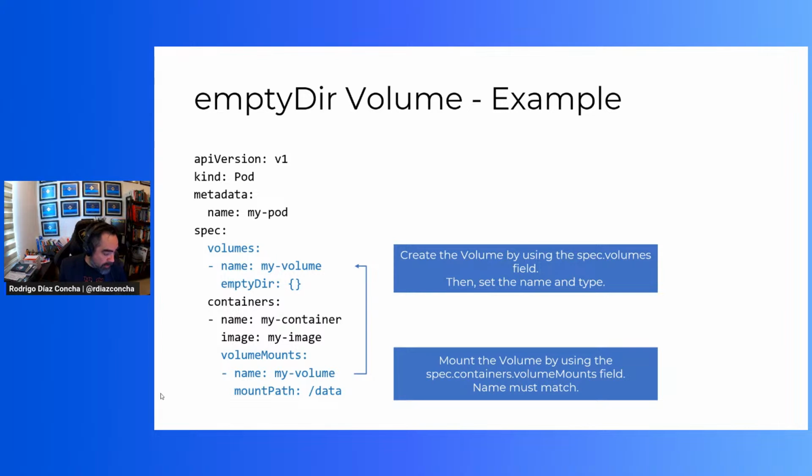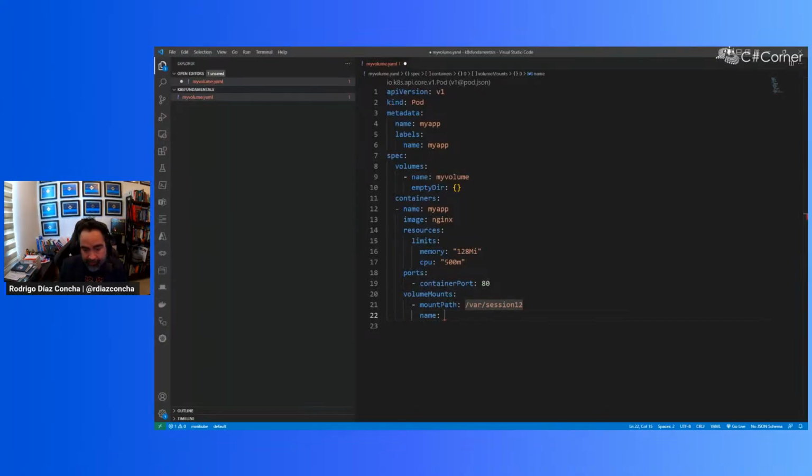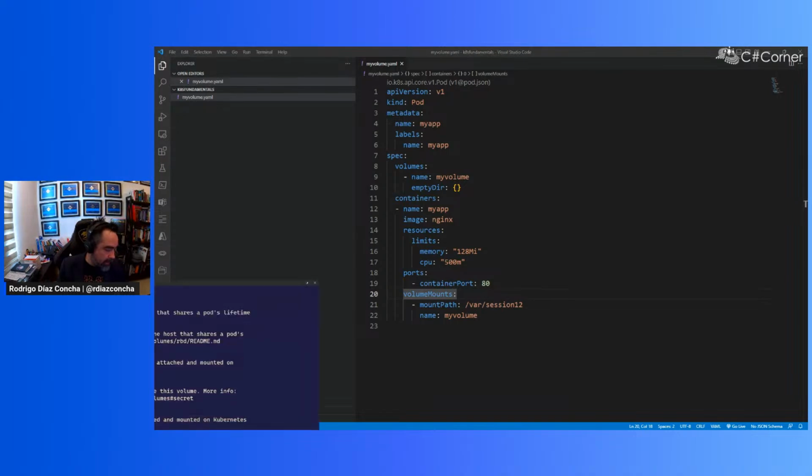So in other words, I'm going to go back here. The name should be my volume, right? My volume, right? Because this is the name of the volume that I want to map to this particular folder in the file system, okay? So pretty easy stuff. Let's go back to the terminal and let's